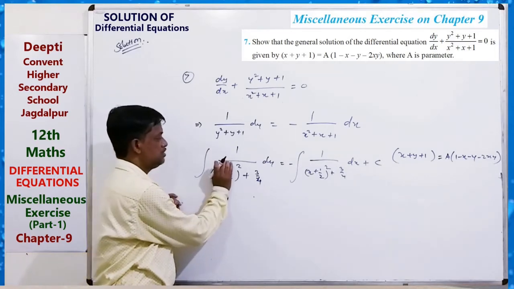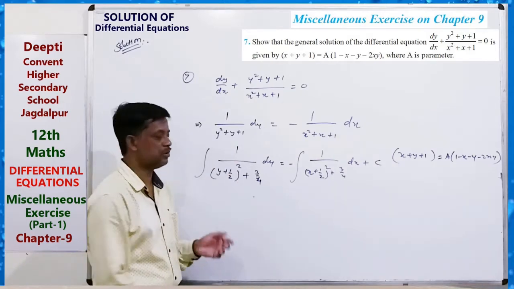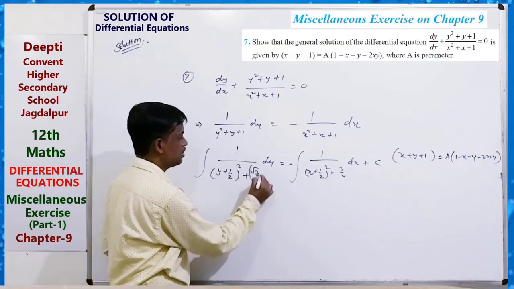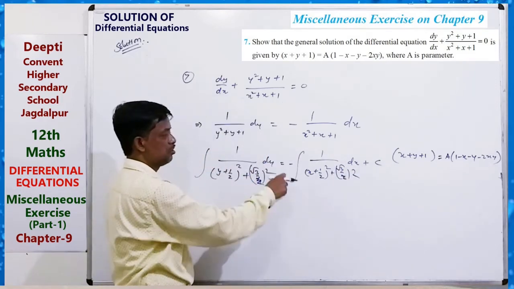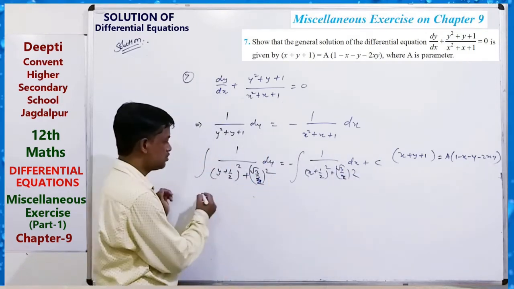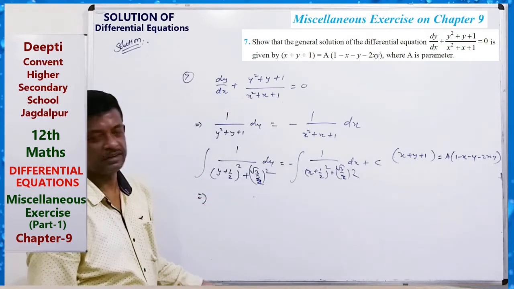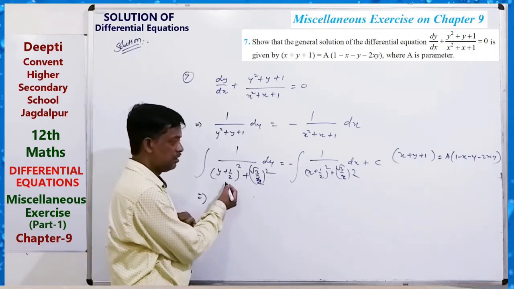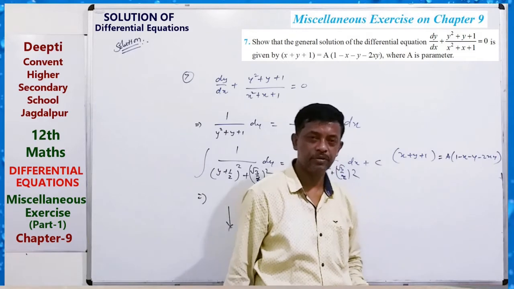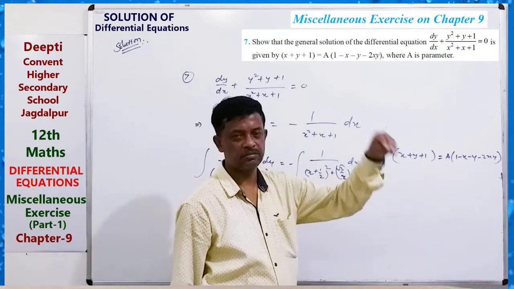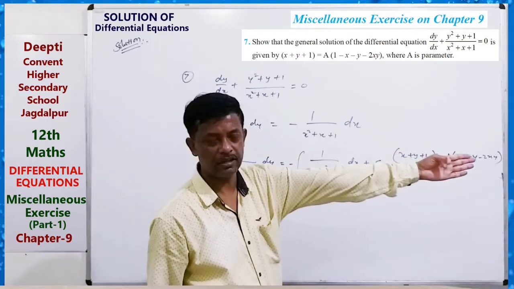Okay, this as a single quantity 1 upon x square plus a square, we can write root 3 by 2 square. So 1 upon x square plus a square, you can use this formula and then proceed and simplify. You can get this type of relation. Okay, so total constants put equal to a, then you can get the result in this form.